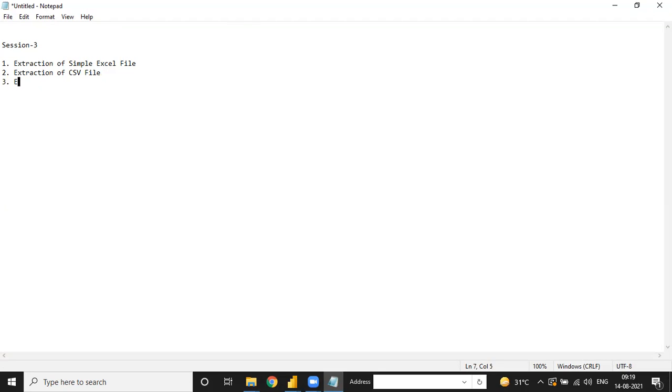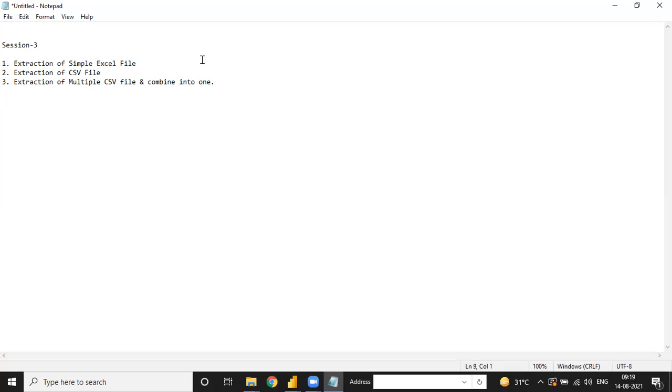The third thing we have done is extraction of multiple CSV files and combining them into one.